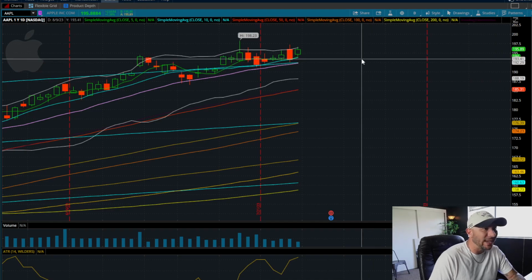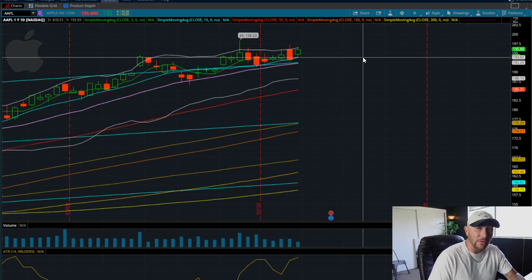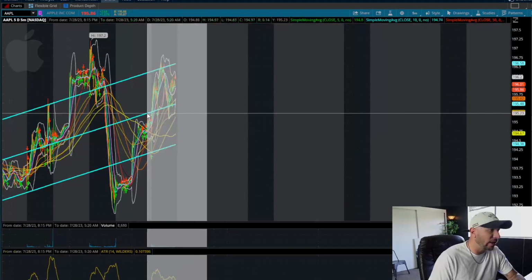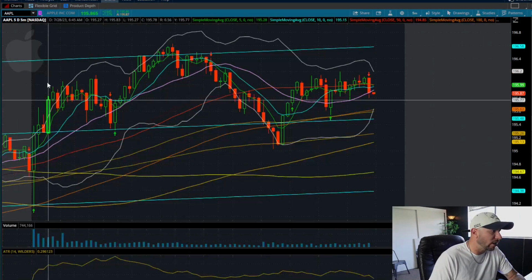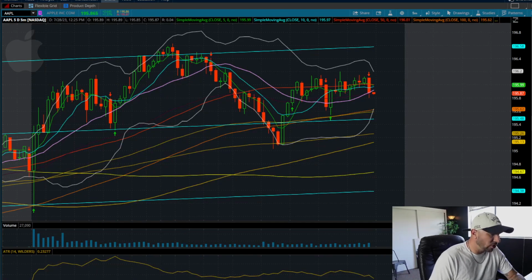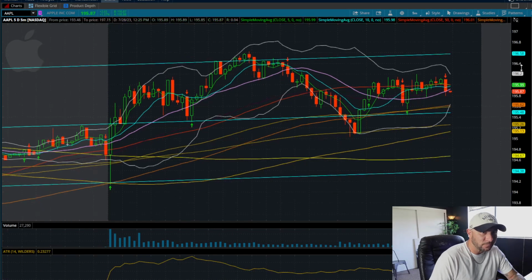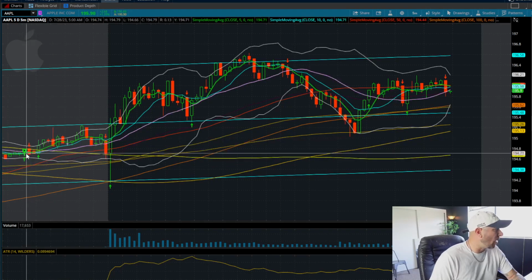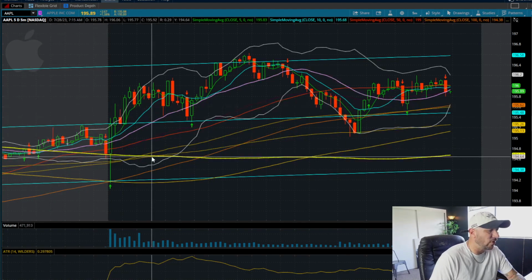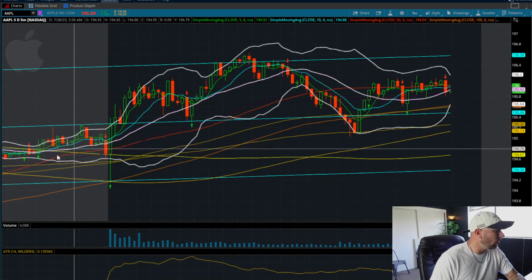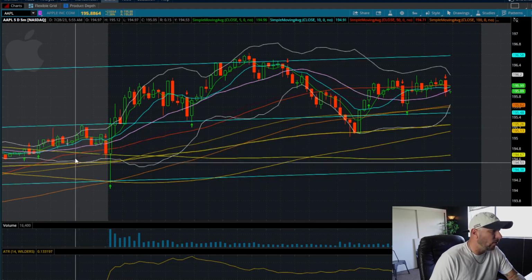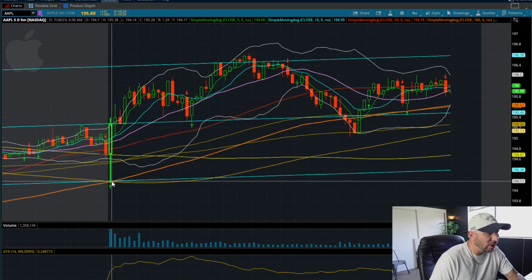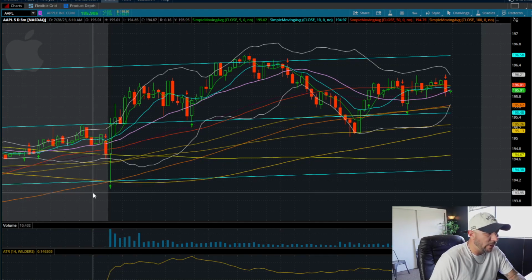I had no interest in it long, but today I found some interest in it long, and I'm going to show you why. So here's where the market opens. Let me make sure you can see this on my screen. Look at the chart. Trading in the pre-market, we're just trapped in a bunch of swamp, a bunch of nonsense down here, all these moving averages, all these supply and demand zones on my screen. I'm looking at the market open here. Look at the flush down to the bottom linear regression channel.